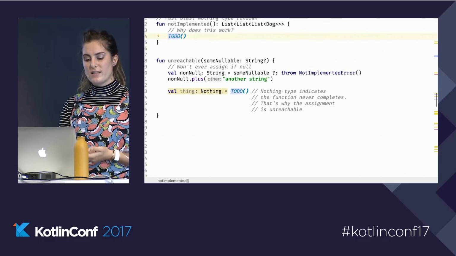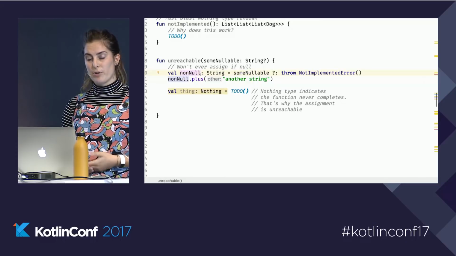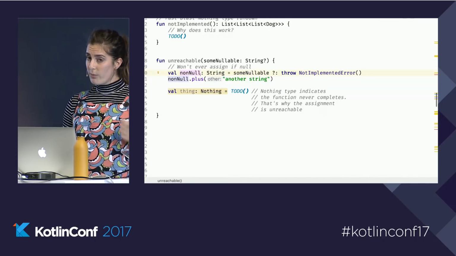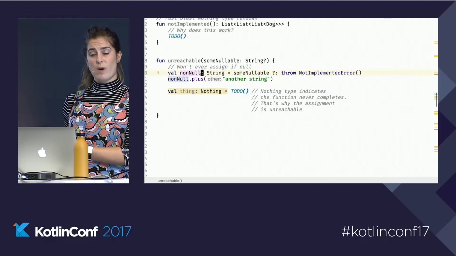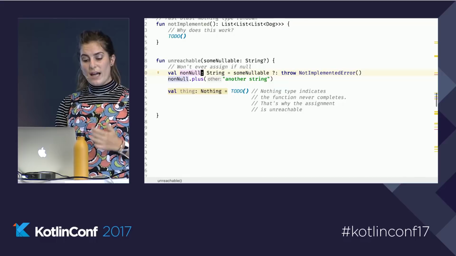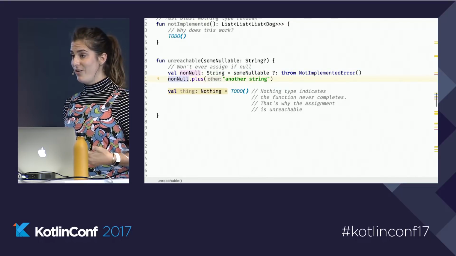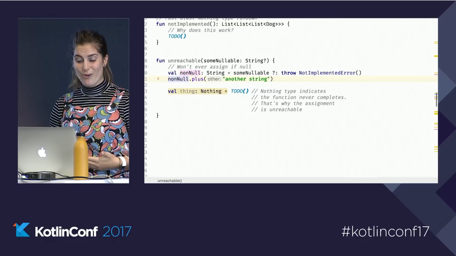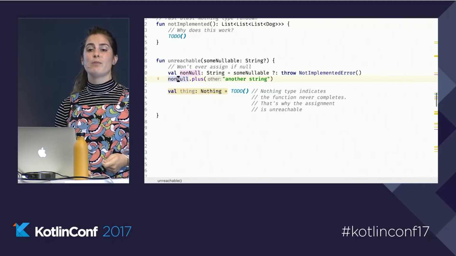And we've seen this concept before in lines like this, where we have that Elvis operator, and we take in something nullable, and we say, OK, assign it unless it's null, in which case execute the right-hand side of this equation. And so here, that's throwing an error. And you'll notice the interesting part of this is that we can then go ahead and use that non-null value as something that is non-null. And the reason we can do that is because we can guarantee that that code will never be reached unless